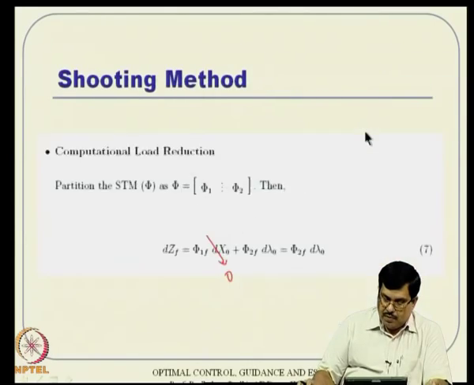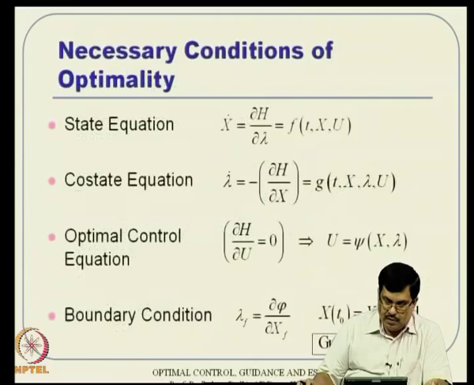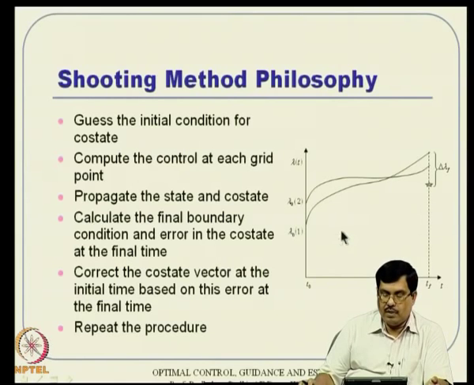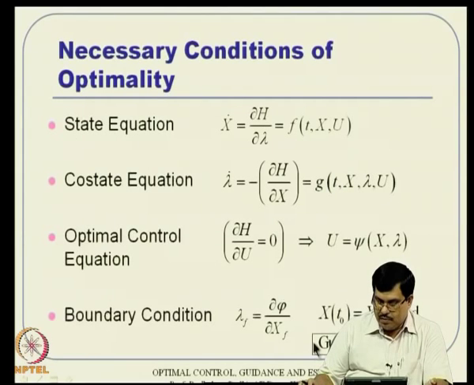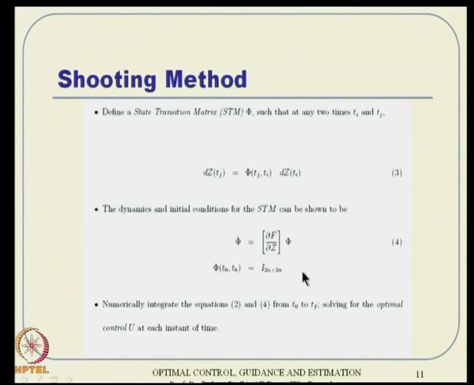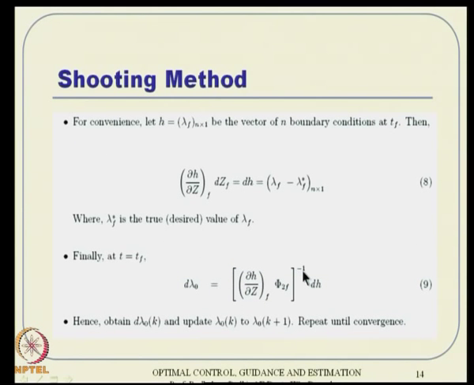Alright, so now coming back to this, what is happening here? The whole idea here is to propagate the state equation and co-state equation forward in one direction. But if you see these equations, as we discussed before, ideally the state equation should be integrated forward, whereas the co-state equation should be integrated back, and that feature is not there in the shooting method actually. Now, the gradient method tries to exploit that feature, and hence in general the gradient method turns out to be more stable numerically.